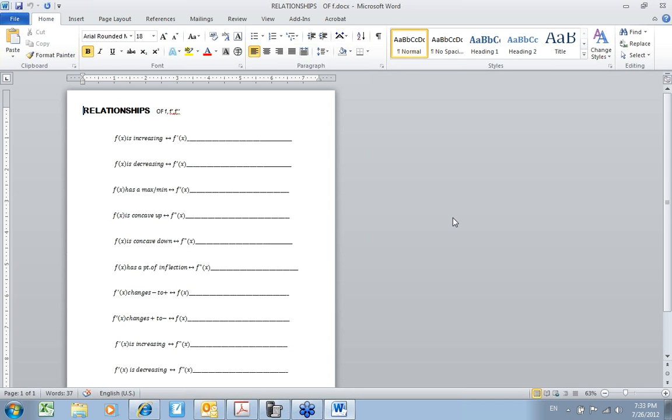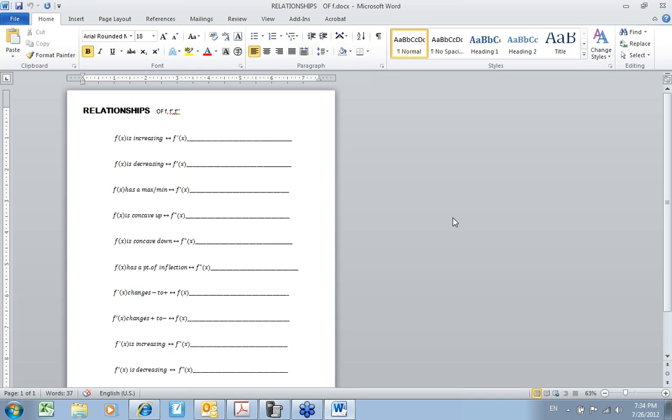But at the beginning I talked about how big this was on the AP exam, and it's usually not going forwards, it's going backwards. So typically what they'll be given, and you just have to practice it and keep practicing it all year, is you'll be given a graph of the derivative and asked questions about the function. Or it could be second derivative and they ask questions about the first derivative. But those relationships are the same from first and second derivatives, the same as from function to first derivative.